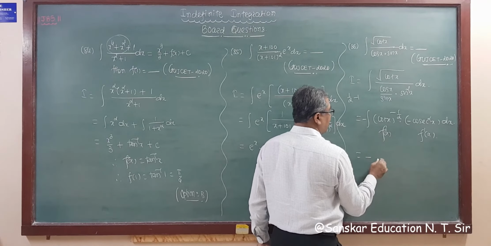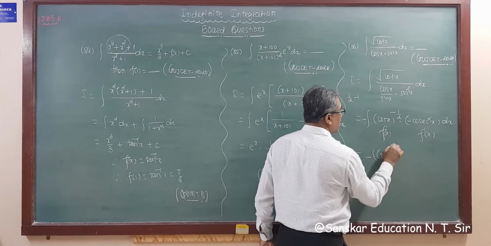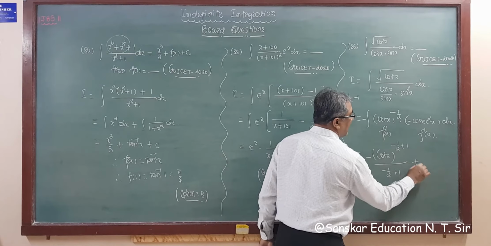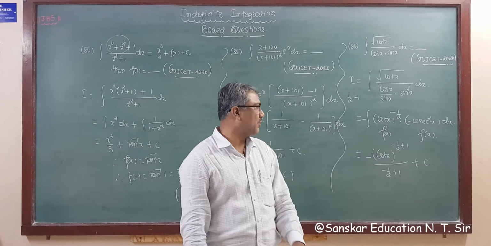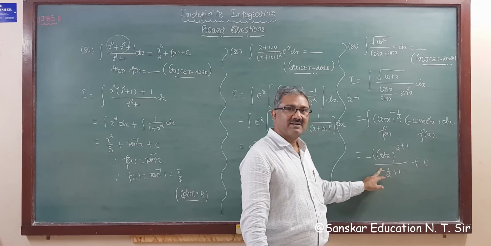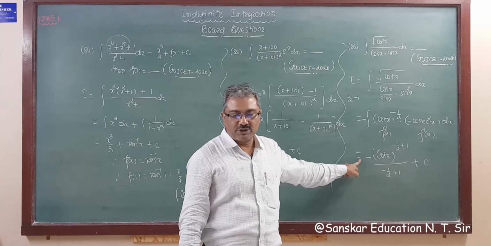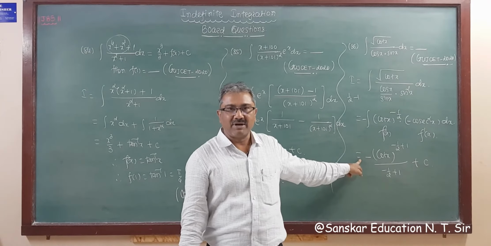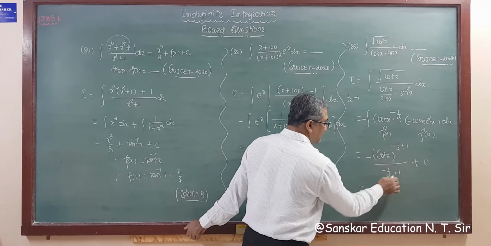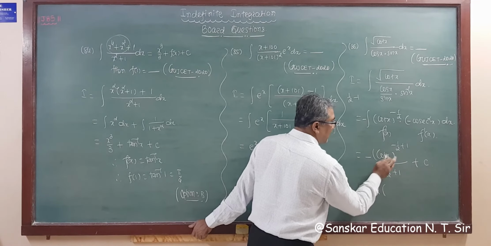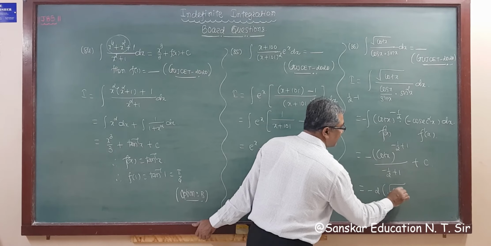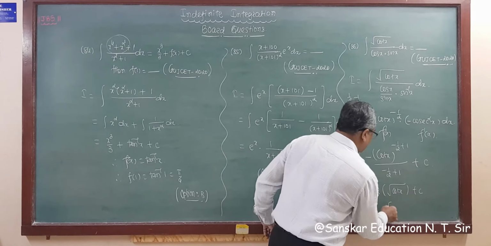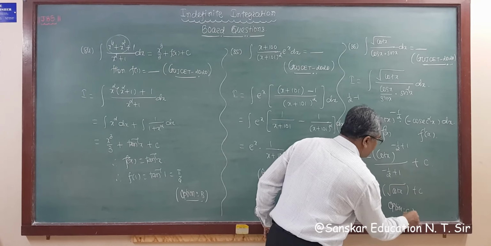So the answer will be minus cot x raised to minus half plus 1 upon minus half plus 1, and plus c. That is root cot x. And 2 minus 1 is 1, and 2 comes here. So your final answer will be option number, which option is given? C. Minus 2 root cot x. This is minus, this 2 comes here, and this is cot x raised to half, that is root cot x, plus c. That is option number C, your correct answer. So option number C is the correct answer.